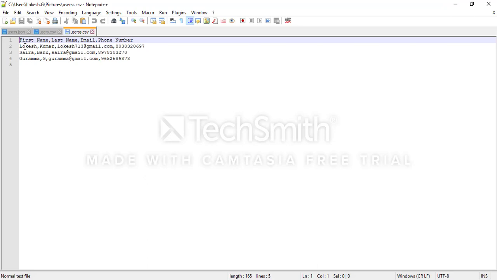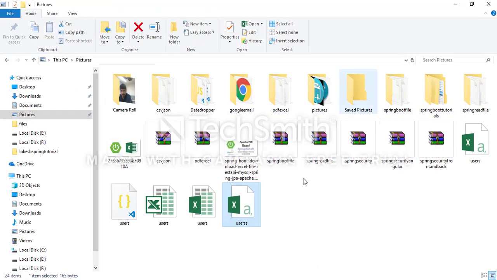So check, this is row of 0, row of 1, row of 2, row of 3. This is one row. Same thing, this is also one row. This is also one row. If I mention row of 0, the first for loop, lowercase will come. Second one, Saira will come. Next Gulama will come. Same thing, if row of 1, Kumar will come, like that. That purpose I am writing